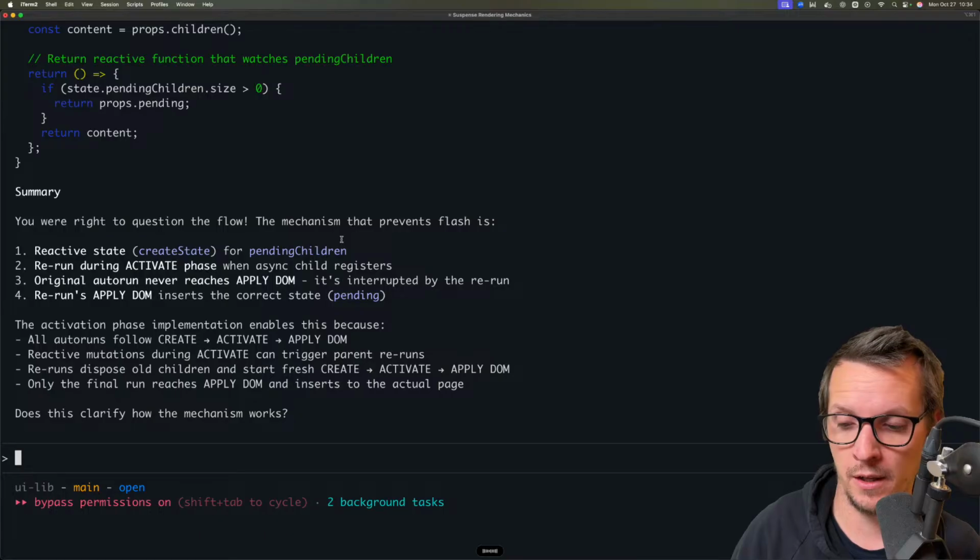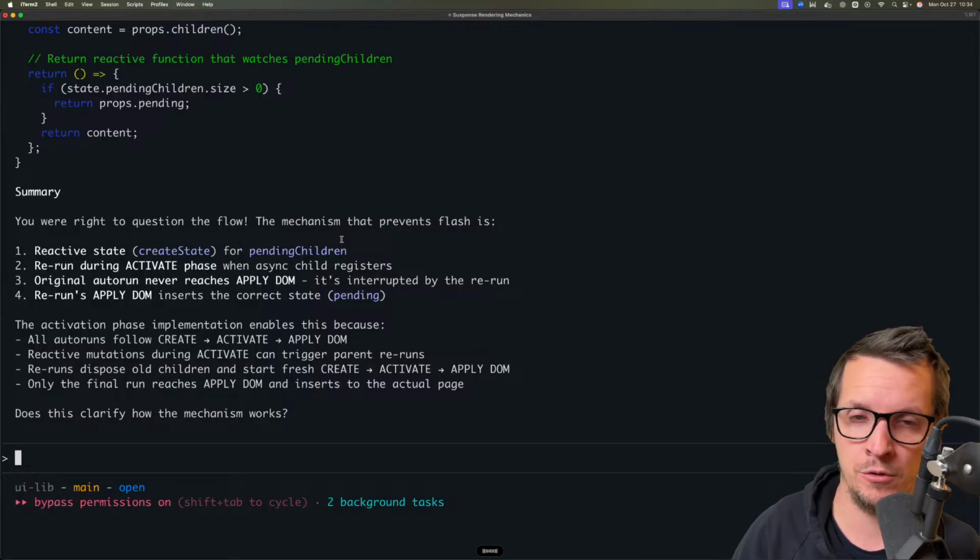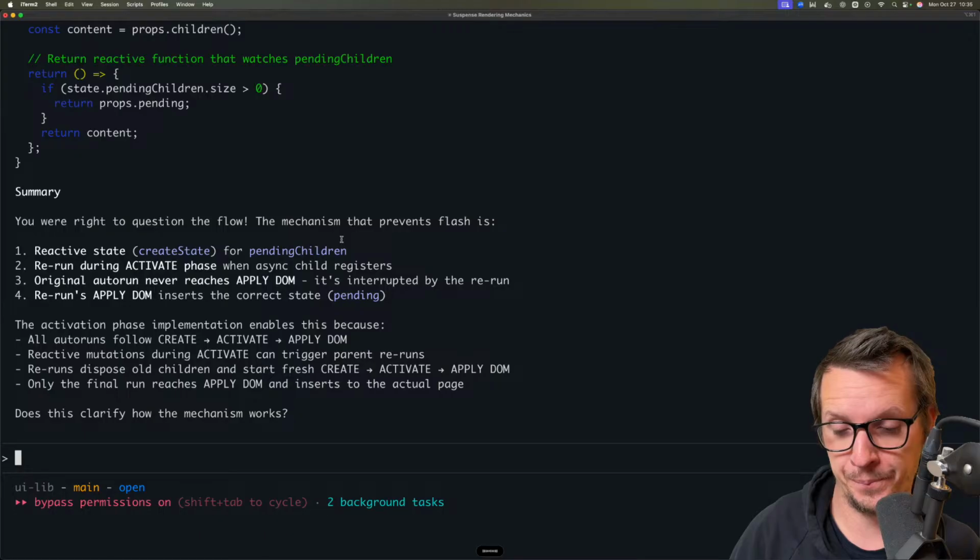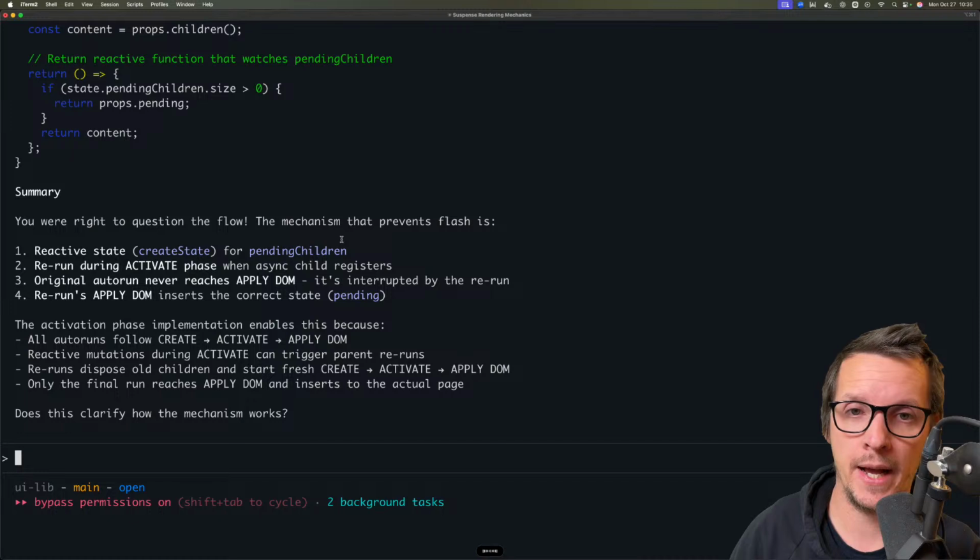It's more like the nested reactive child tells the suspense boundary, hey, I'm doing something async, and immediately it will rerun the reactive child of the suspense itself, which now has a pending size, and then it will return the fallback,